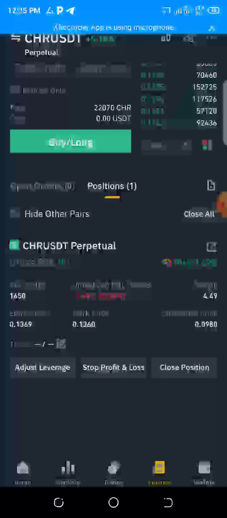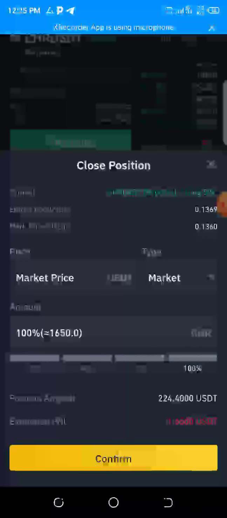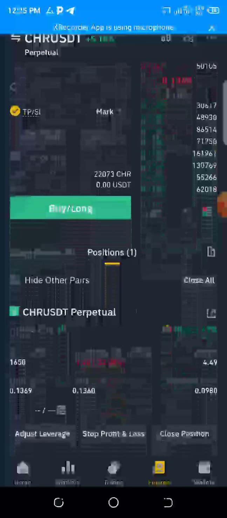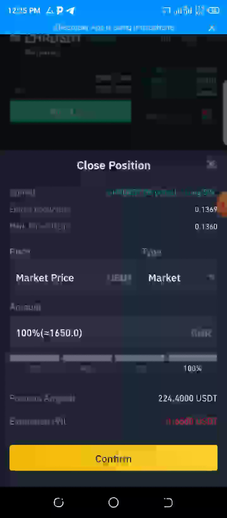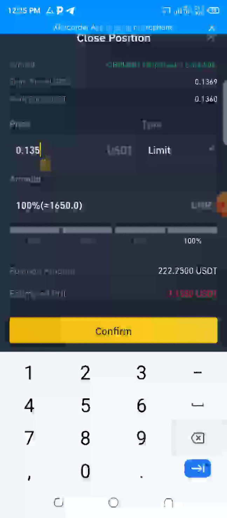But if you put limit, now the market is trading at, what, 1360? Fine. If for maybe one or two reasons the market goes a little bit more bad than expected, I put limit. I can change it to, okay, if the market gets to 1320, that means, look at the down part, position amount, estimated PNL is loss, minus.